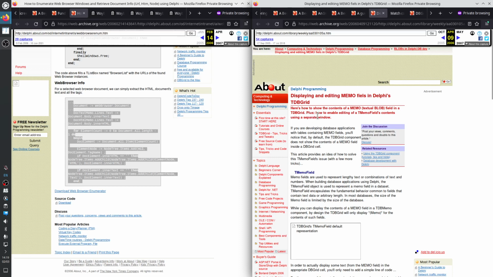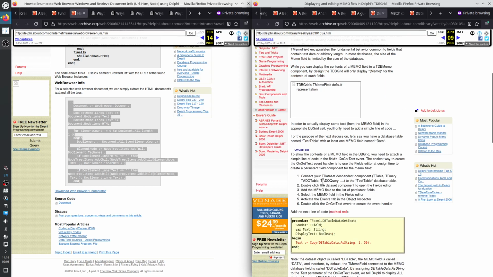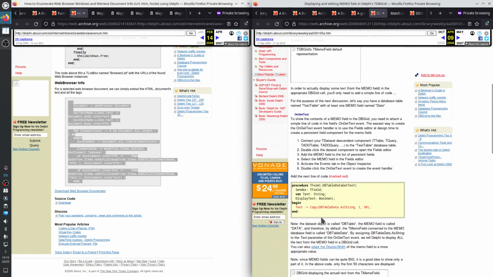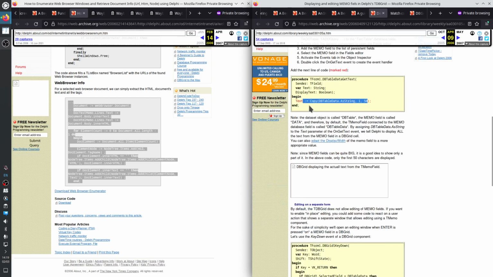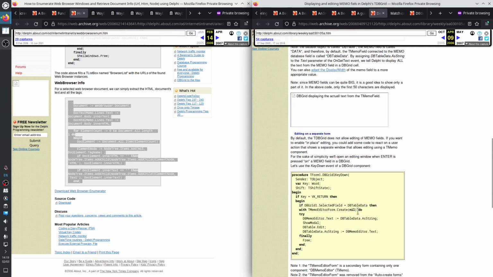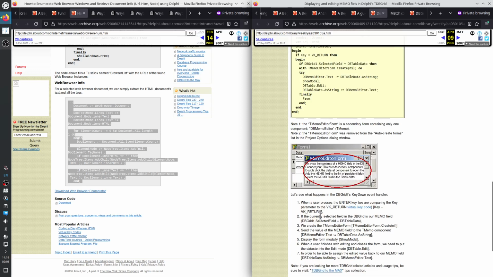How to enable editing TMemo fields contents using a separate window. You copy the blob and you assign it to the text of a form. Memo editor form.